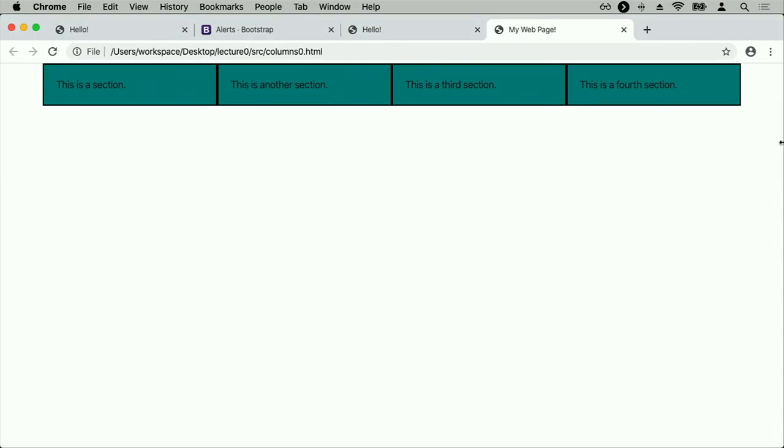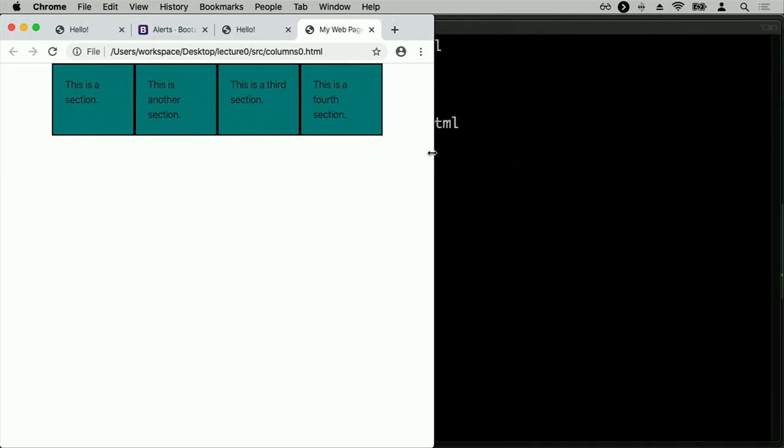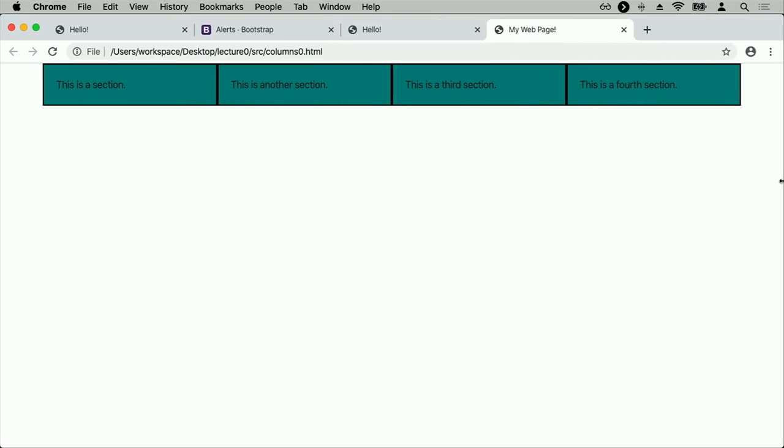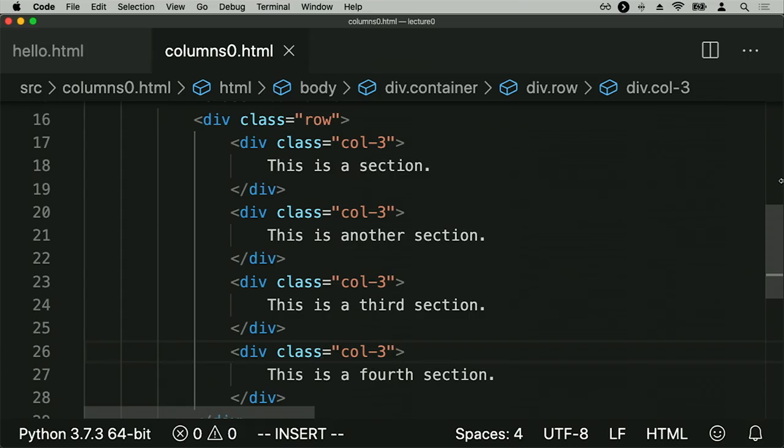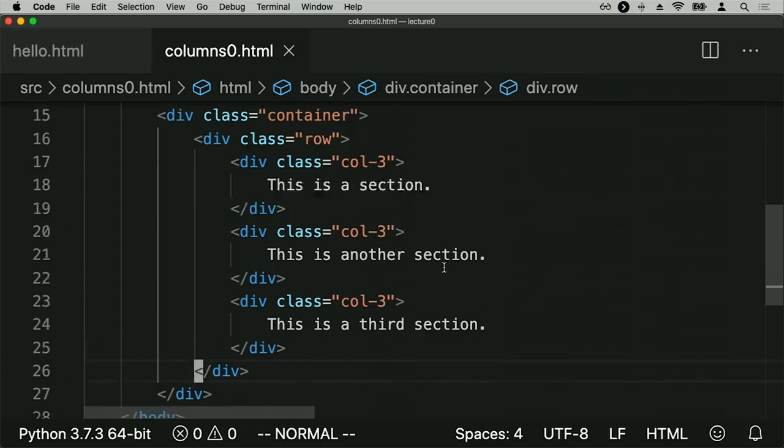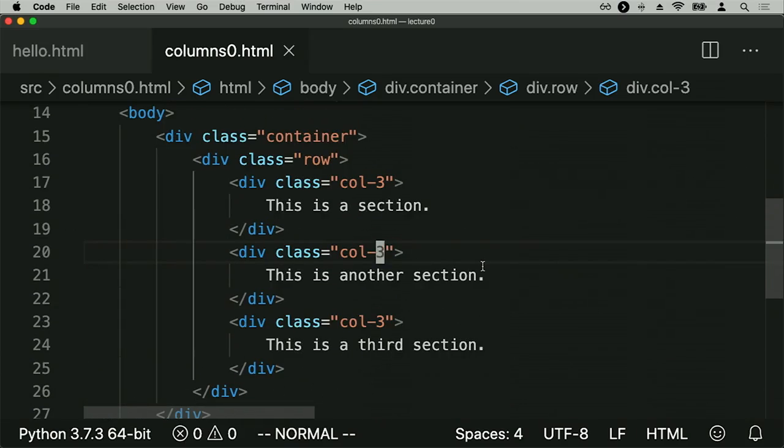And as a result, as I shrink it, those columns will automatically resize to make sure that they're always the appropriate size. Now, as long as they add up to 12, they don't all need to be the same size. So for example, if I only wanted 3 columns instead of 4, I could get rid of the 4th column by deleting those rows, and maybe change the 2nd column. Instead of being a column of size 3, let's make it a column of size 6,